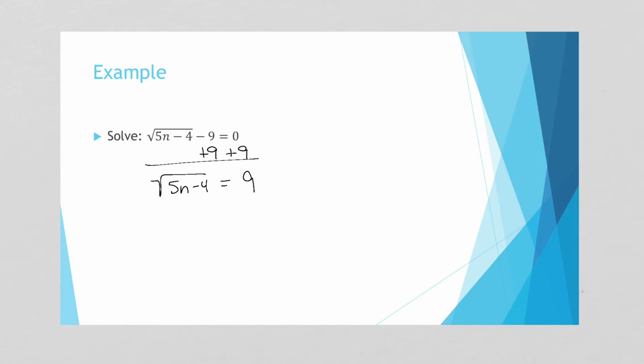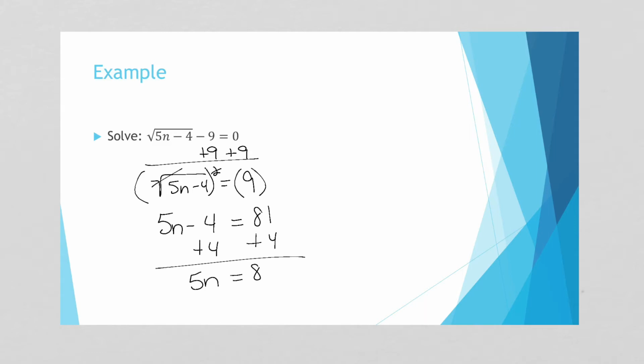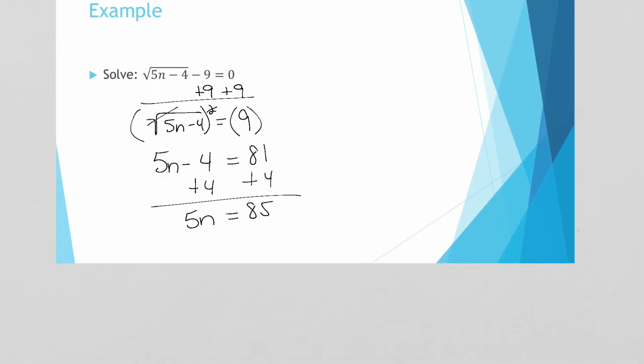So we're left with the square root of 5n minus 4 is equal to 9. And we're going to square both sides to get rid of the radical. So that 2 gets rid of that radical. So I'm left with 5n minus 4 is equal to 81. I would add 4 to both sides, and then I would divide by 5. So n is equal to